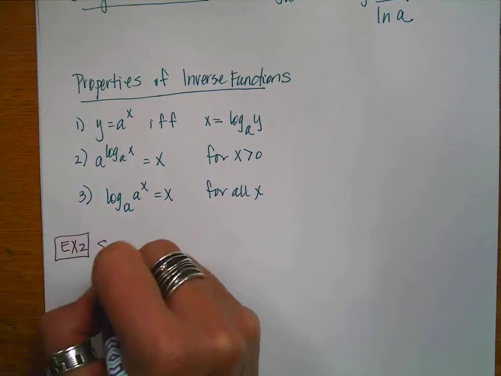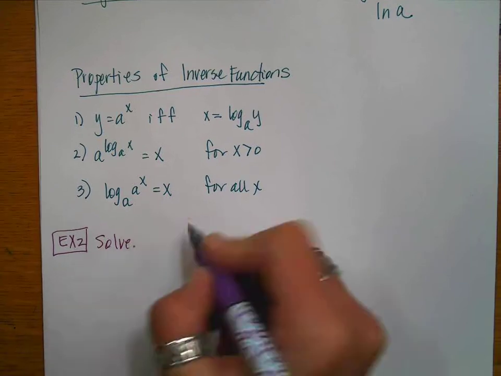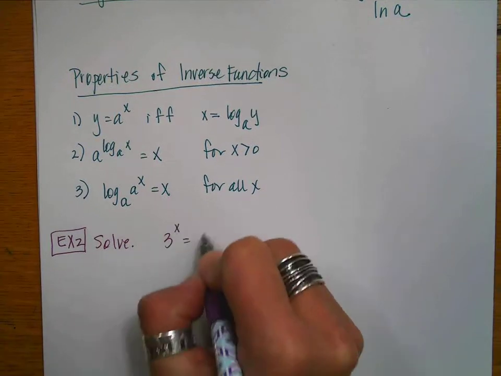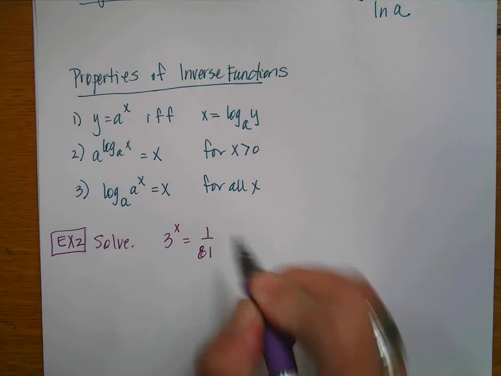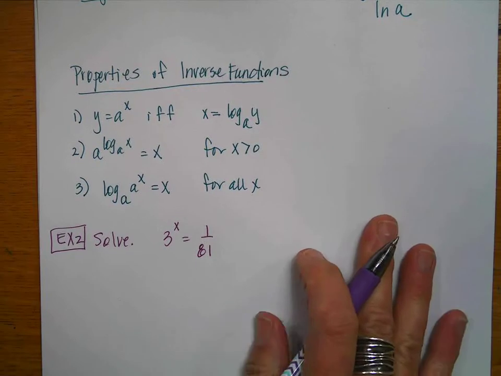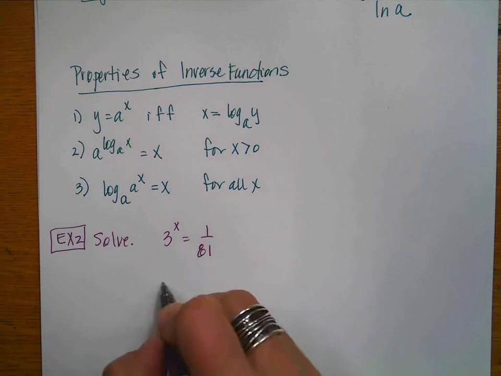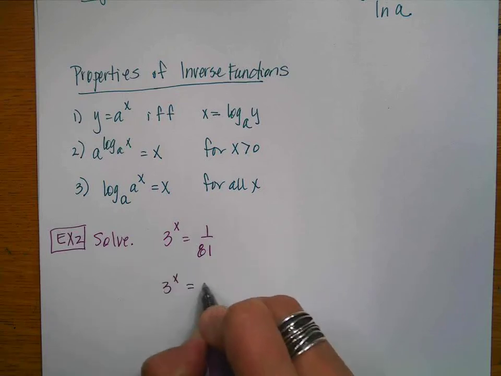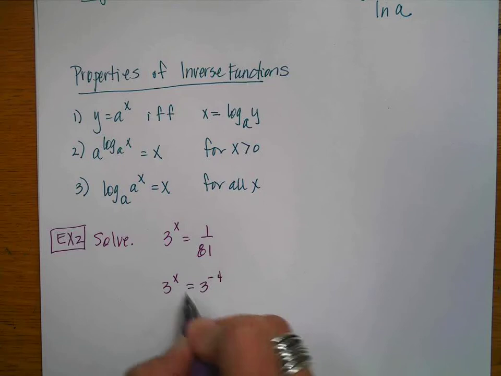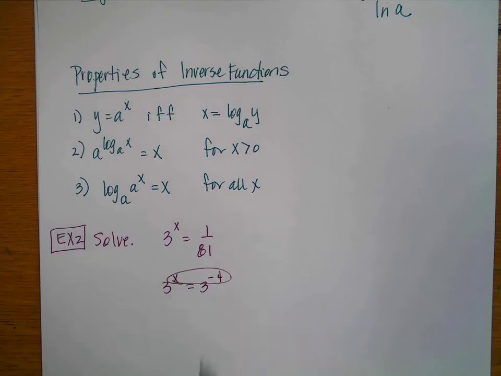Example number 2 says solve. Yeah, math. Woohoo, we like solving. I get 3 to the x is equal to 1 over 81. So there's lots of different ways that you can solve this problem. One method would be, I'm going to rewrite this as 3 to the x is equal to 3 to the negative 4. I solve the baby equation at the top because the bases are the same, and I get